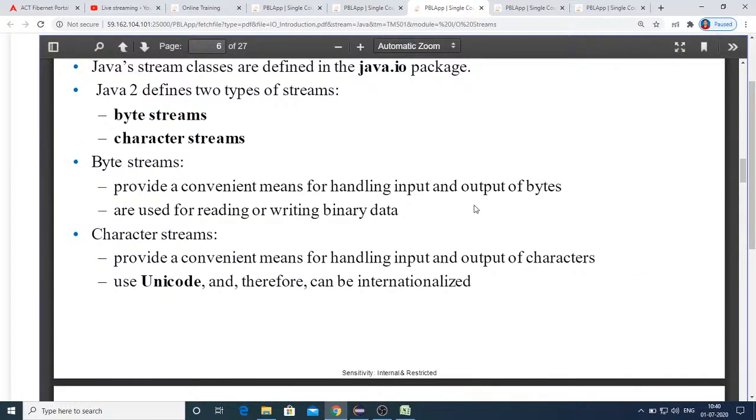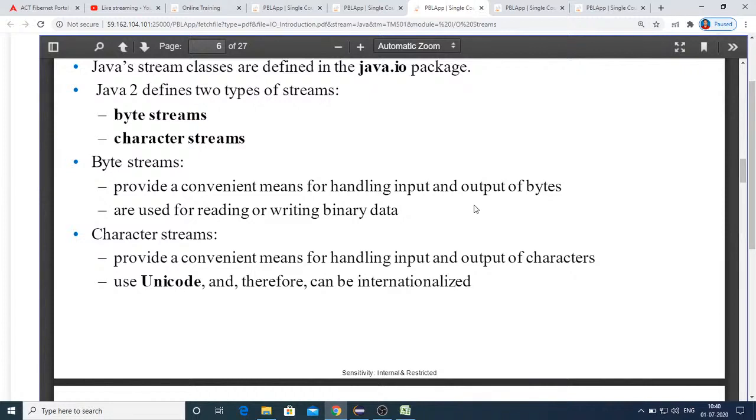Here is the thing you can just understand. Java stream classes are defined in the java.io package. Java 2, now we are in Java 8. So from Java 2 onwards we have these types of streams. Prior to that we didn't have the concept of streams; we used to have only byte streams.